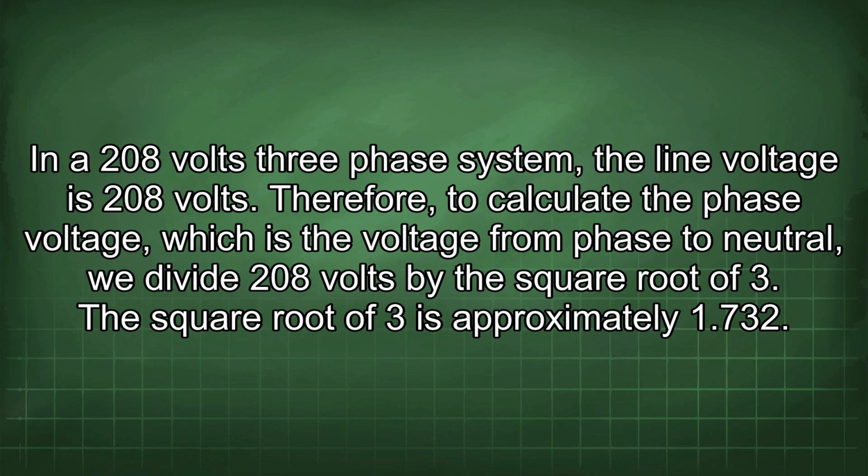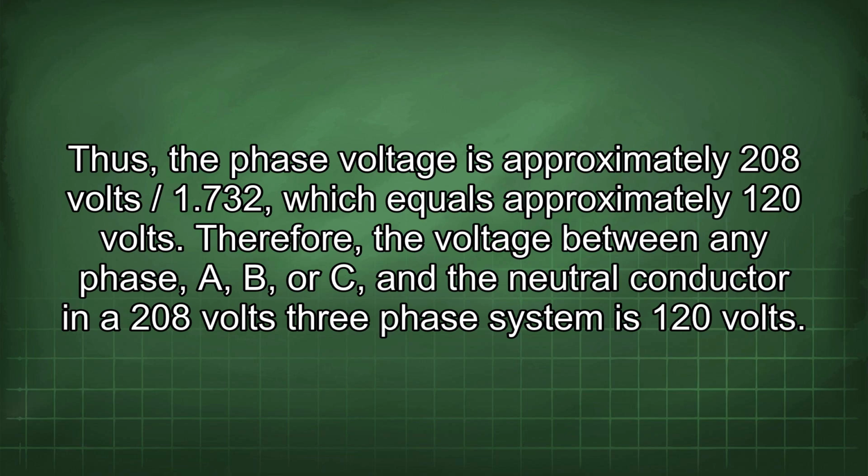In a 208 volts three-phase system, the line voltage is 208 volts. Therefore, to calculate the phase voltage, which is the voltage from phase to neutral, we divide 208 volts by the square root of 3. The square root of 3 is approximately 1.732. Thus, the phase voltage is approximately 208 volts / 1.732, which equals approximately 120 volts. Therefore, the voltage between any phase A, B, or C and the neutral conductor in a 208 volts three-phase system